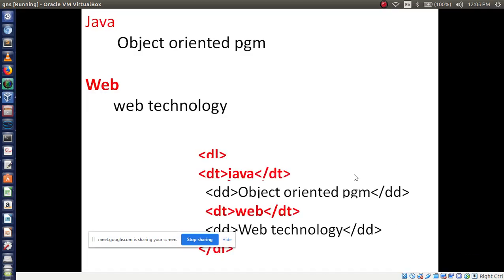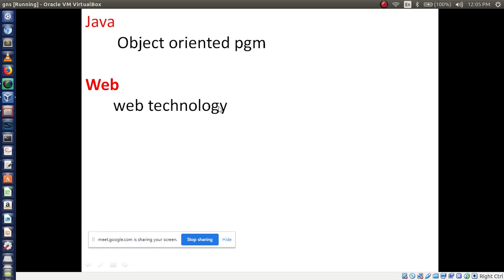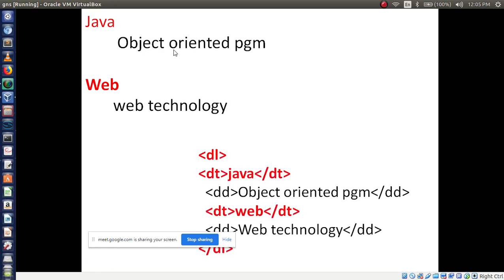Okay, for this I want to write the code. So first I have to use the DL tag, followed by the DT tag. We have to write Java within the DT tag, then object oriented program we have to write in the DD tag. See, DL, DT is what? Java.